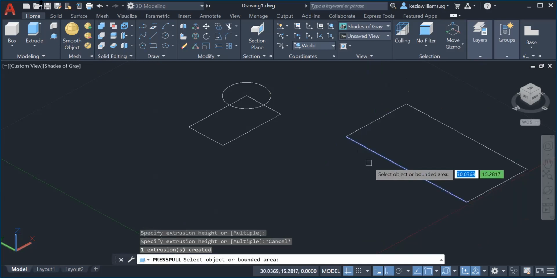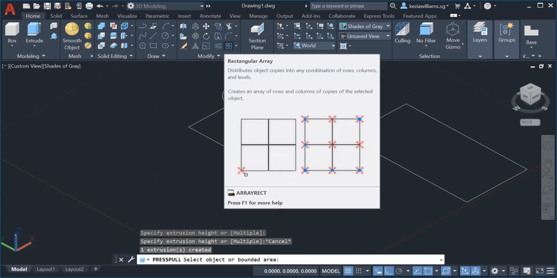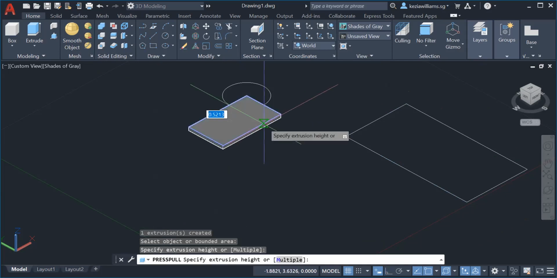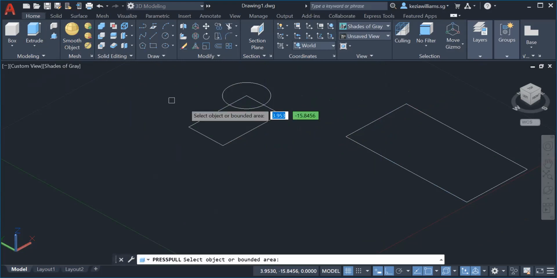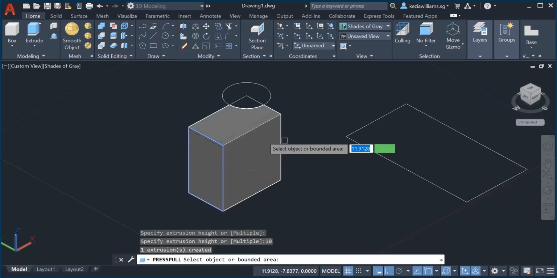So for press pull, you no need the profile. No need to be in a polyline. Okay, this is called polyline, right? So it's no need to be in the polyline. It can be a separate line. Okay. So for example, we'll go here. Then I press this line. Then I make it here, like for example, maybe 10. Okay. So this is 10, right?